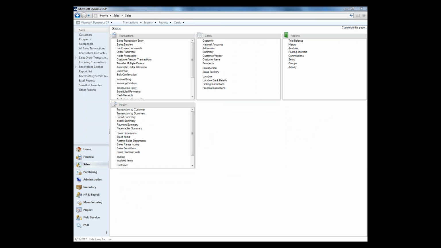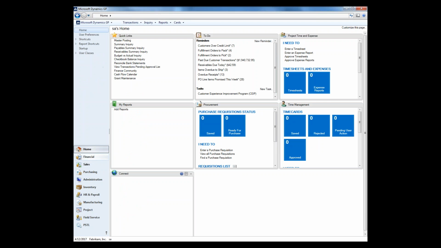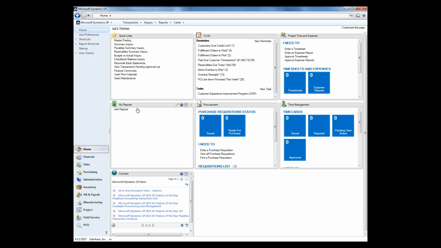I have a question. Sure. On the home page, under like my reports, can you alphabetize that with this new system? Not through the actual window right here. Those still go in the order that they were entered. But your My Reports section is actually